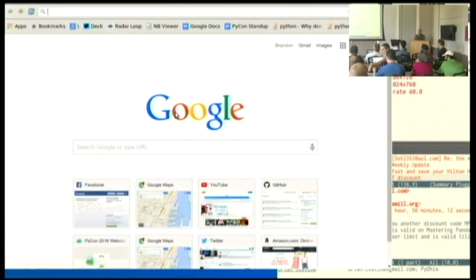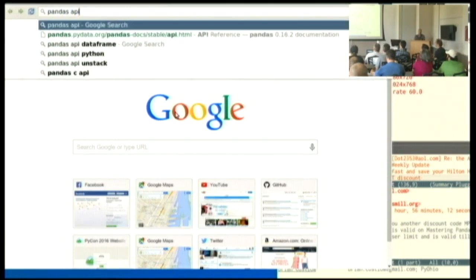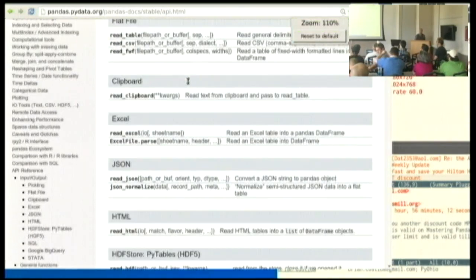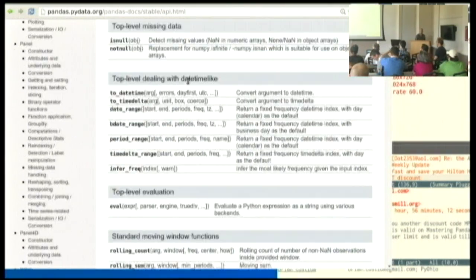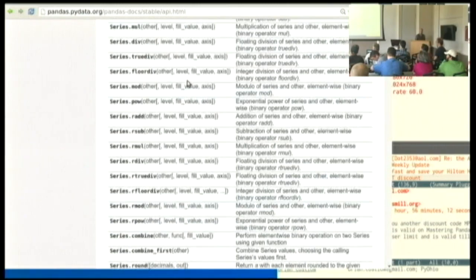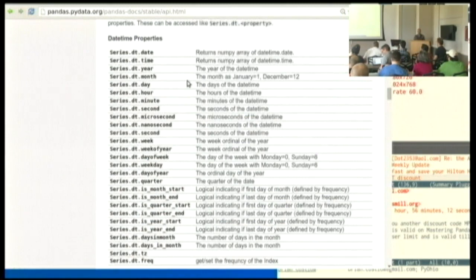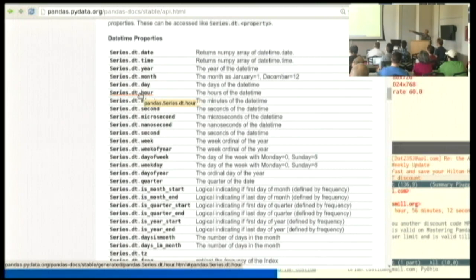The other thing I promised to show you was the Pandas documentation. Once I got my feet under me with Pandas, I love just going right to the API reference. It lets you just category by category see every single thing Pandas can do. The 2 things I really didn't have time to cover were the fact that if you have a series that is some dates and you want to reach inside and learn the year or the month or the day, you can, there's a little namespace.